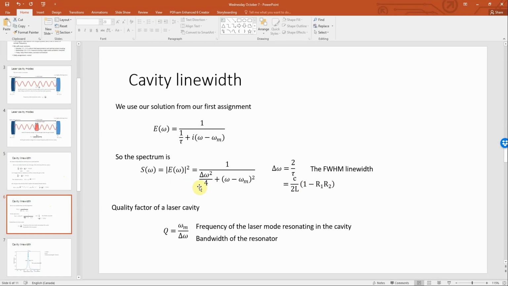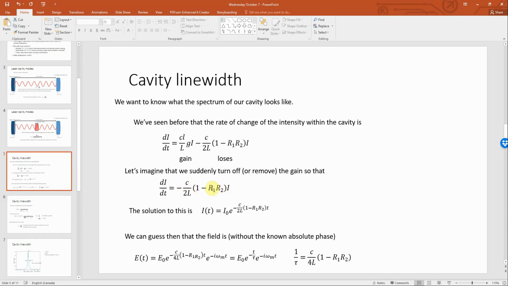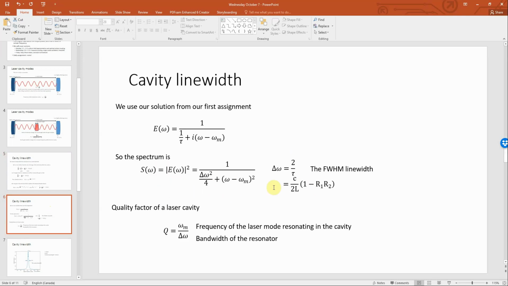So this line width then is just going to be proportional to how long photons stay in the cavity, right? So that's exactly what this is saying, is that we're going to have some full width half max line width that is going to be a characteristic of how long photons stay in our cavity. And what people refer to this as is called the quality factor. And this quality factor is Q, which is omega m, this optical frequency of this mode, divided by the bandwidth